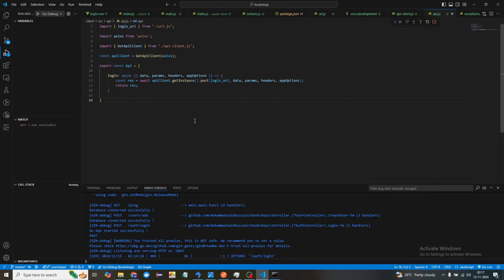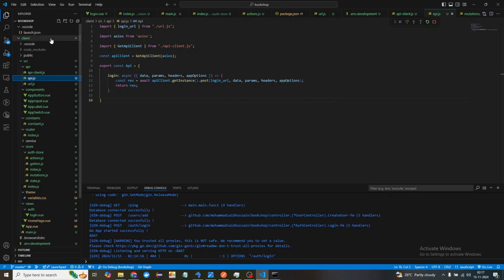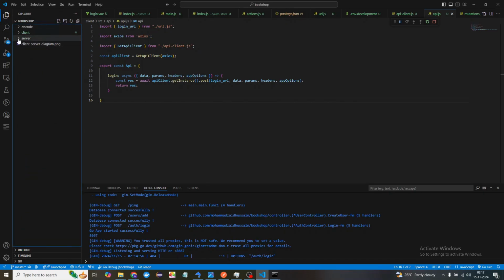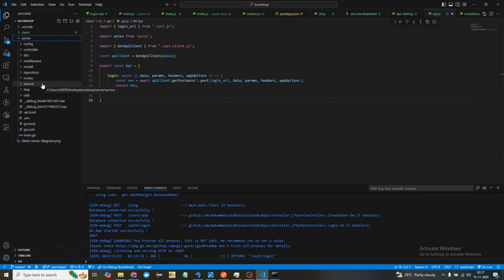Now we are going to resolve that CORS error. For that, what we are going to do is open this server folder, and then go inside the middleware. Since CORS should be handled globally, each request should trust those routes, right? Not the route, but the actual origin of the request. So for that, I'm just going to create a middleware.go